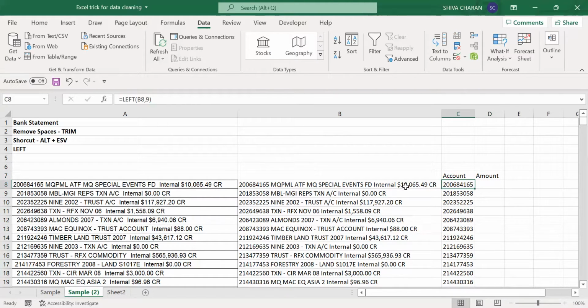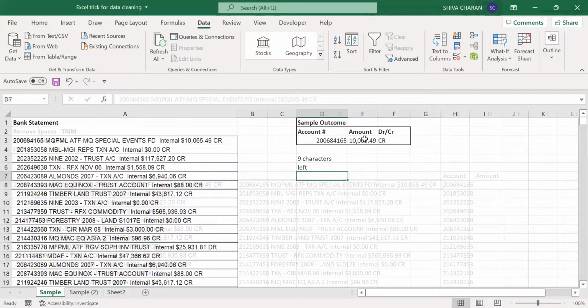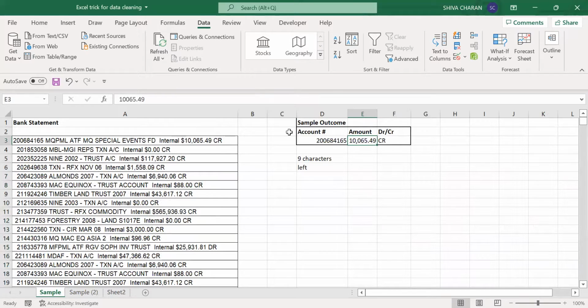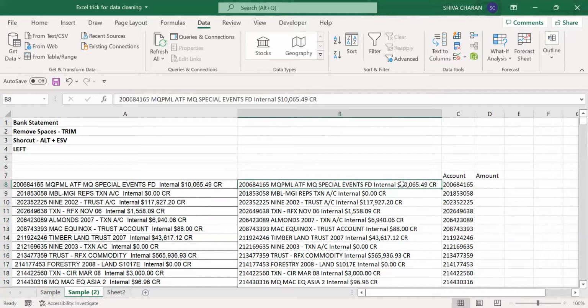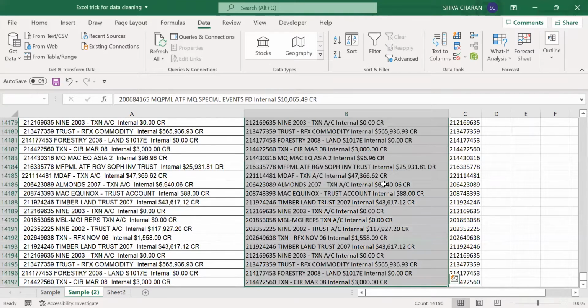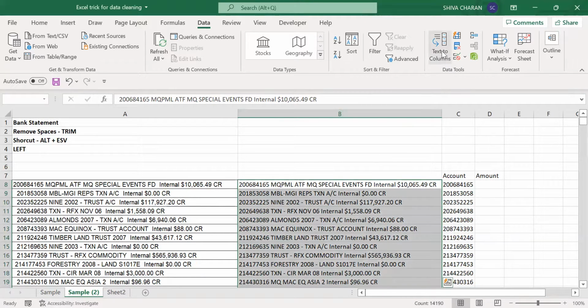In order to segregate the amount value, let's understand the common value here. Here we have to only segregate the amount, not the dollar sign. So the dollar sign needs to be eliminated, right? It should be eliminated from the data. So let's eliminate the dollar sign from this entire data and only segregate this value. To do that, select the entire data, Control Backspace to go up,